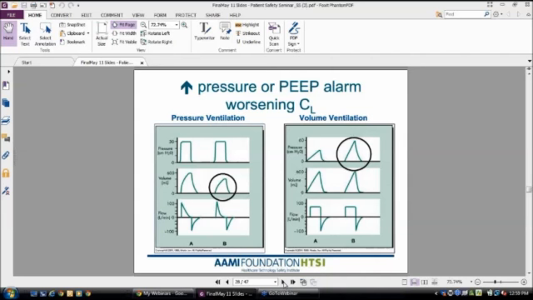Now, flipping over to the volume ventilation side, on line A, we can see at the very top, we're going to focus on the pressure scalar. The pressure scalar is maybe 25 or so with a regular breath, noticing between A and B that the flow and volume are not changing because they're the independent variables. Pressures are dependent. Compliance has worsened, and now our patient's peak pressure is about 60